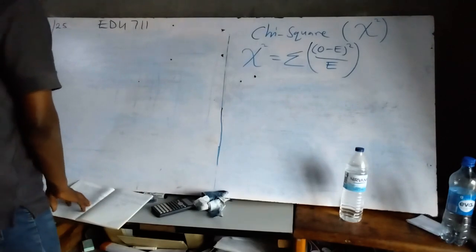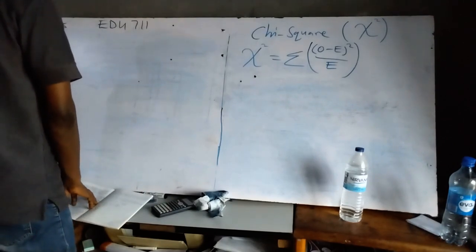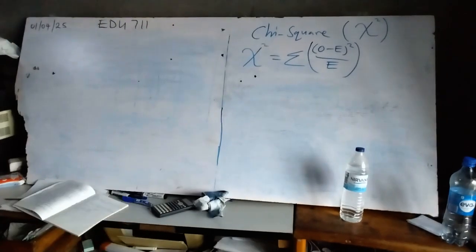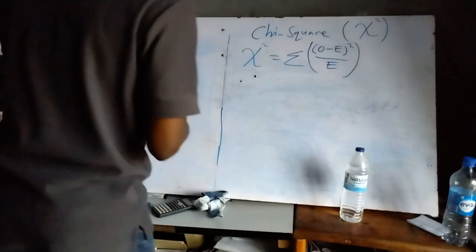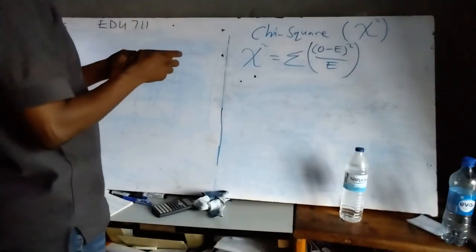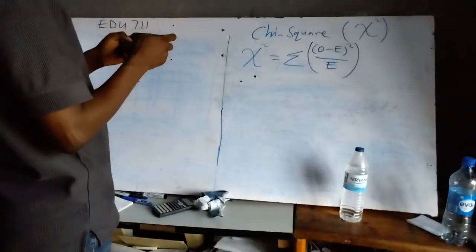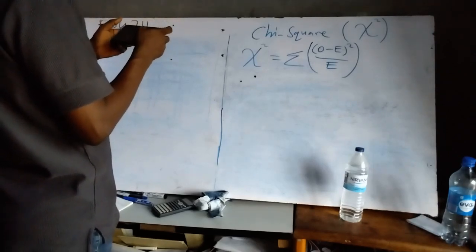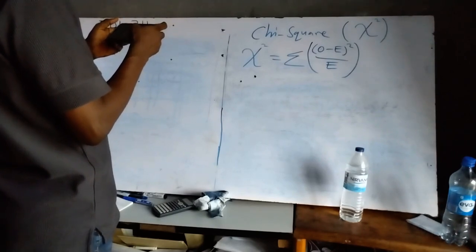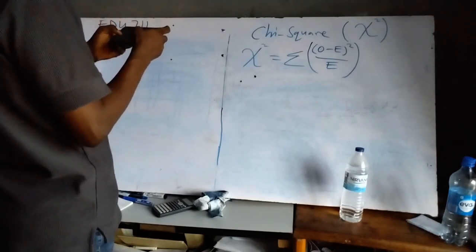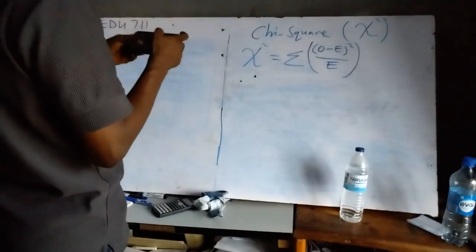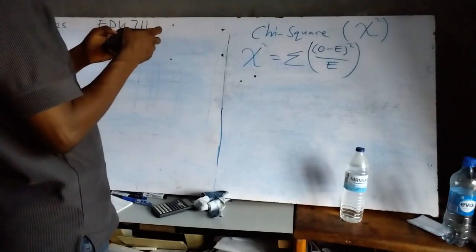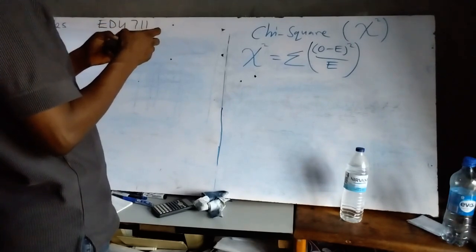So there's a question here, which is chi-square. The question is this: that is exam question, I think, 2022-2024. That's last session. So the question is this: number 3, that's 3B, a researcher administered the scale attitude